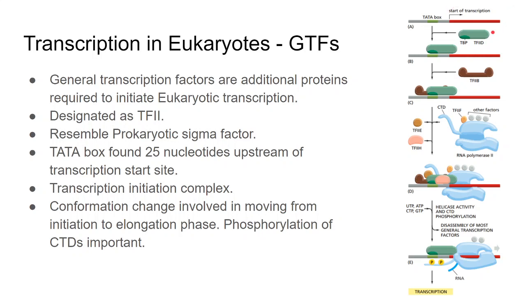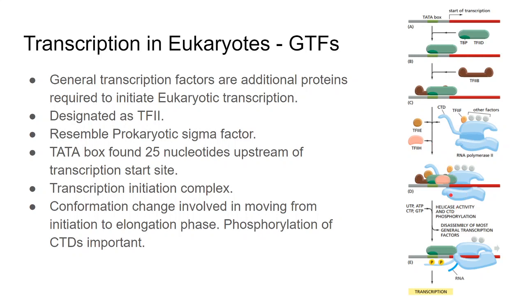So the first transcription factor to bind is TFIID. TFIID has a TBP. So TBP is a TATA binding protein. And this TATA binding protein helps the TFIID to bind to the TATA box. So once this is bound, you have other transcription factors coming in. TFIIB comes in, and then you have TFIIE, TFIIH, and all of these are involved in attracting the RNA polymerase to bind to it.